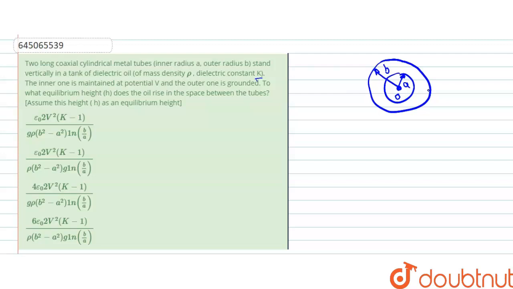According to the formula, a cylindrical capacitor with length L, inner radius A and outer radius B, filled by a dielectric with relative permittivity epsilon R, has capacitance C equals 2 pi epsilon naught into 1, whole divided by ln B by A. So the total value in the case of the capacitor can be given as C equals C air plus C oil. This is the capacitance formula for the cylindricals.